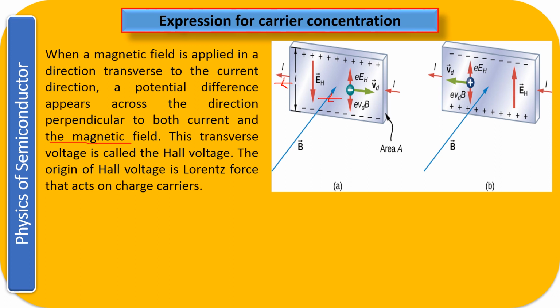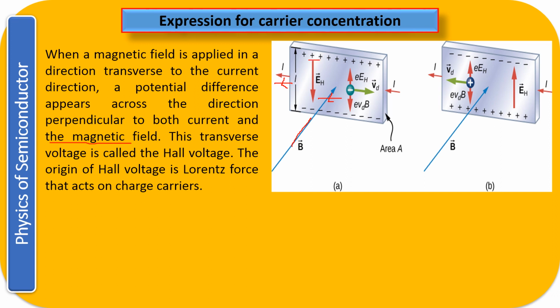Perpendicular to this you have applied the magnetic field. So this is the magnetic field that we have applied, right? Under the action of this magnetic field, what is going to happen? The charges, that is the negative charge and positive charge, will get separated out, right? The negative charge will start moving in one direction and the positive charge will start moving in the other direction. In the case of a semiconductor you have the electrons and the holes, so electrons and holes will be separated out. This is what I have shown over here.